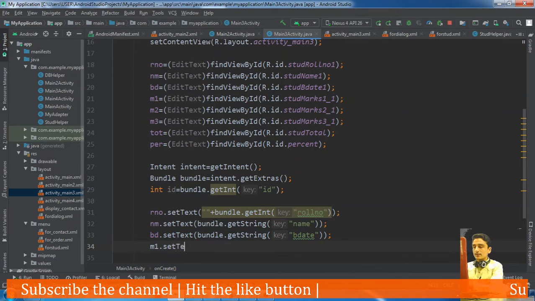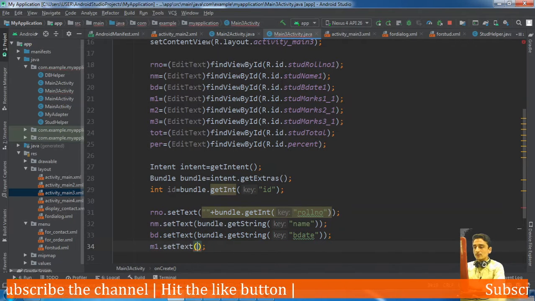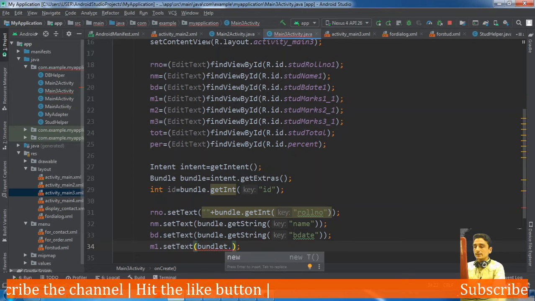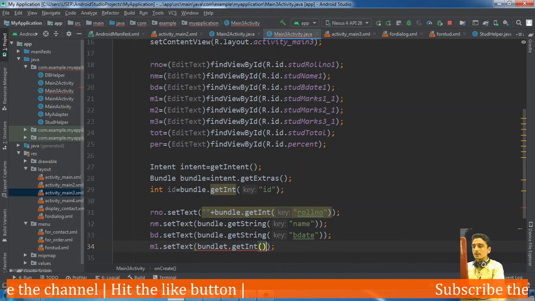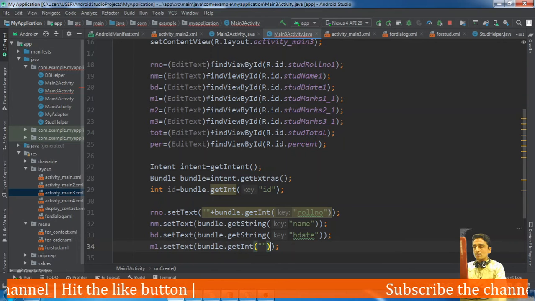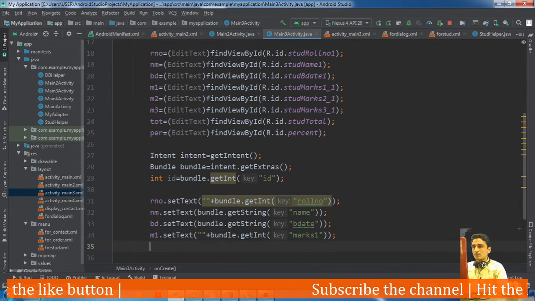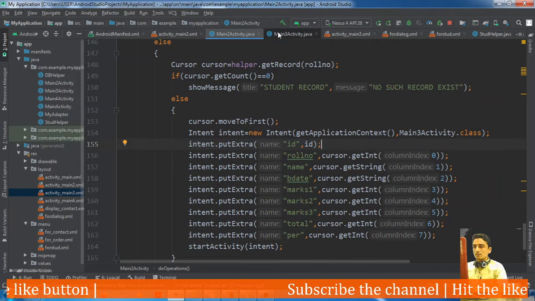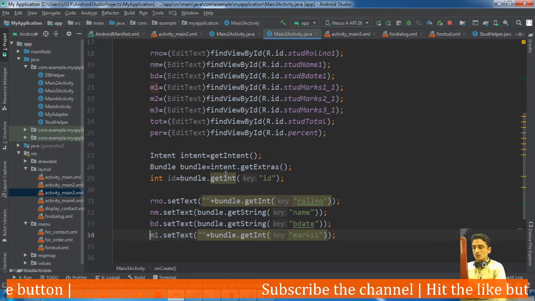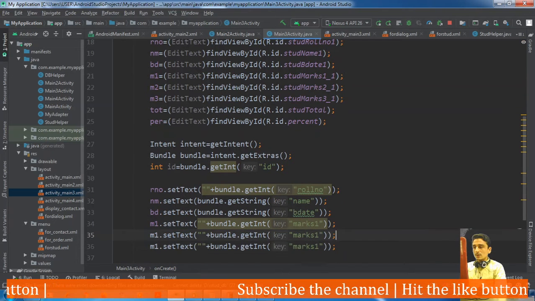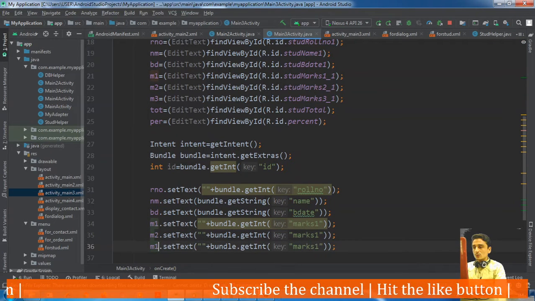Then m1 dot set text, bundle dot get integer marks 1, marks 2, and marks 3.